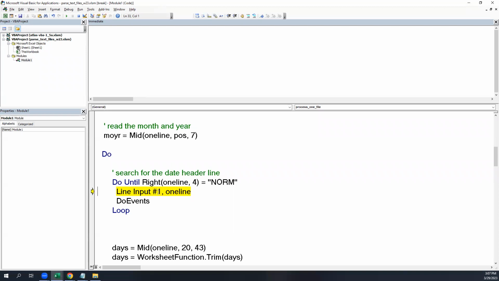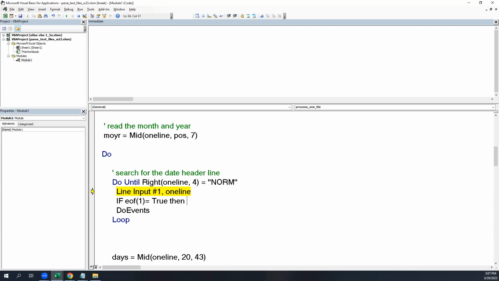So let's see, we'll do the line input here. And then right here, this has had the error because it's gone one more time to try to read after that. But I'm going to say if, and there's actually a VBA statement called EOF, end of file, and I tell it which file I'm looking at. If end of file 1 equals true, then